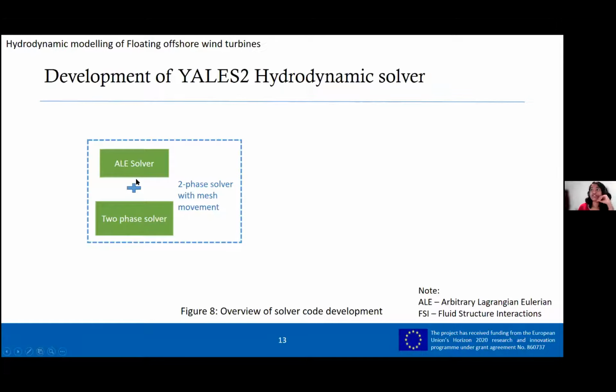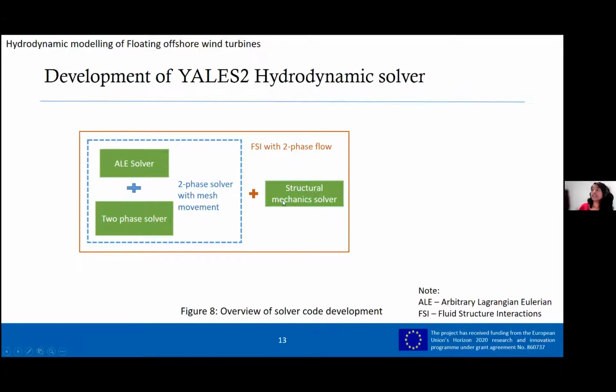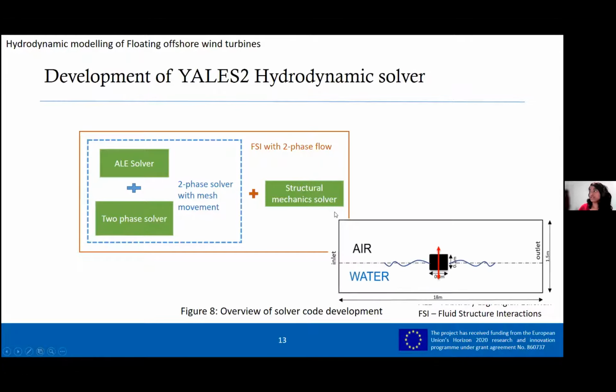Yeah. So there is an ALE solver and a two-phase solver. ALE is the mesh movement solver, which I was talking about. It's present in ALES 2 already, and this is being coupled to form a two-phase solver with mesh movement. So it can handle the two-phase flows and the mesh movement. Then there's a structural mechanics solver, which is being integrated into this so that we can perform fluid structure interactions with the two-phase flow. And then it will be validated with this particular setup, which you can see here on